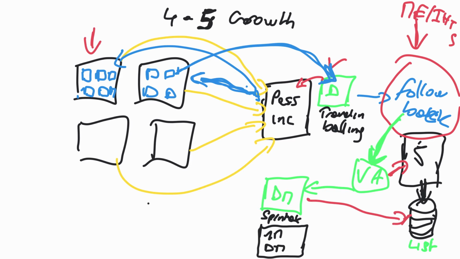Now element number 5, once you have them in your list, how do you make money? Now they're in the list. In our last step, we moved them to a list, off Instagram. Step number 6 is monetization. And guys, just imagine how much time it would take you to do all this manually, just for one account. I had this system running for 500 accounts. It is just running 24/7. It's a thing of beauty.